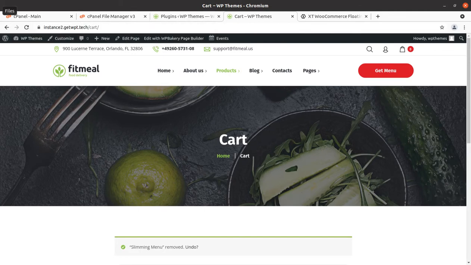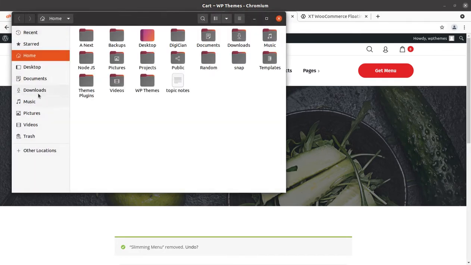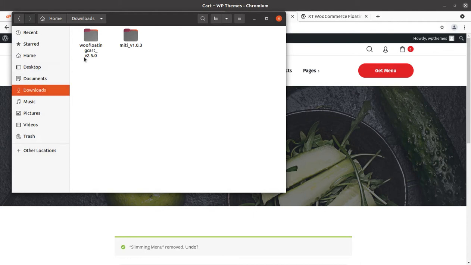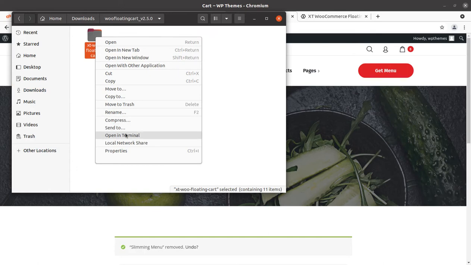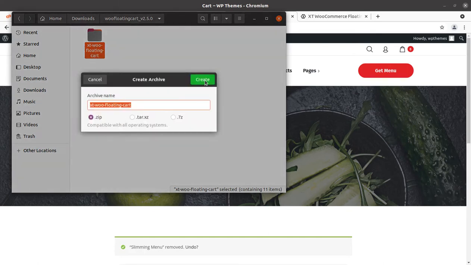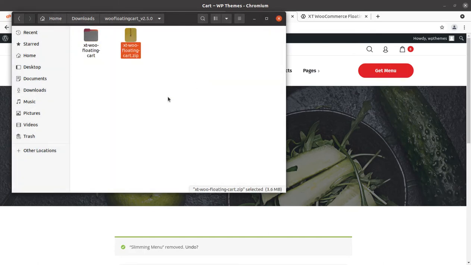So I have the floating cart plugin with me. I will make a zip of it, compressing it. Okay, this is the zip of the plugin file that we need to upload.